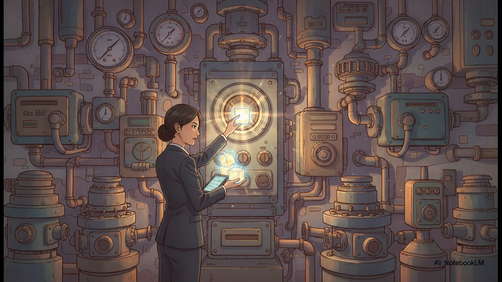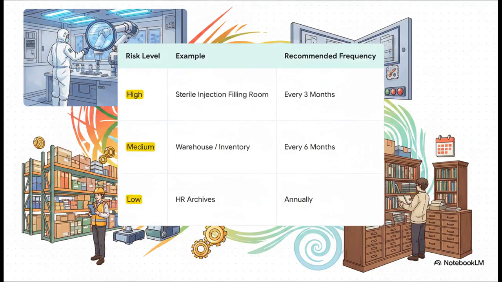You don't have unlimited time or people. You just can't. So you can't possibly audit every little thing with the same level of detail. If you try to audit everything equally, you'll end up doing a shallow job everywhere, and you'll probably miss the things that really matter. The only smart way to do this is to prioritize and focus your energy where the risk is highest. And this table shows you exactly how that works.